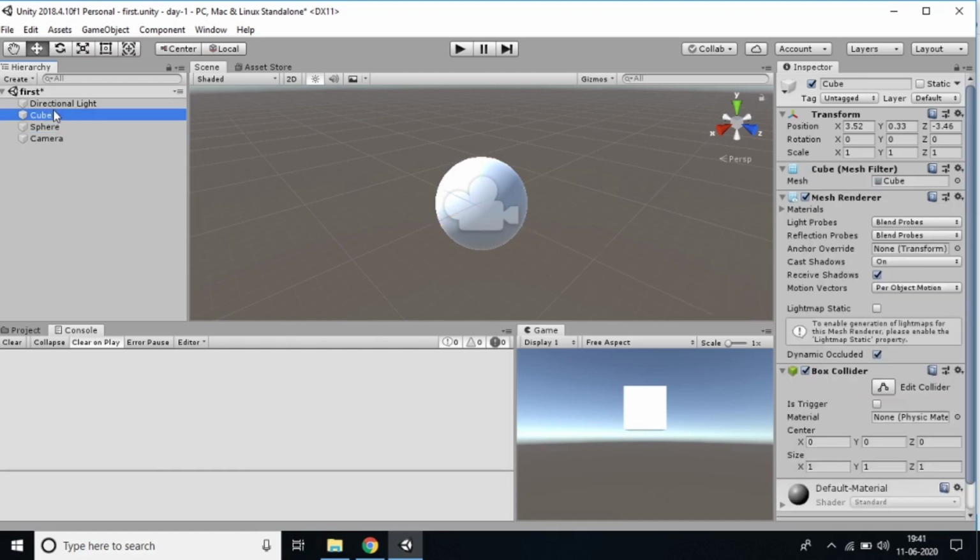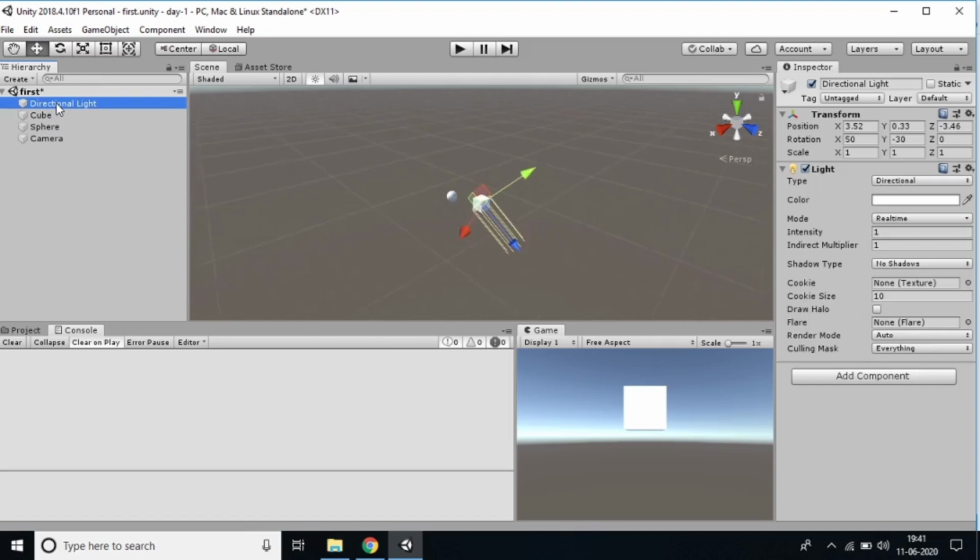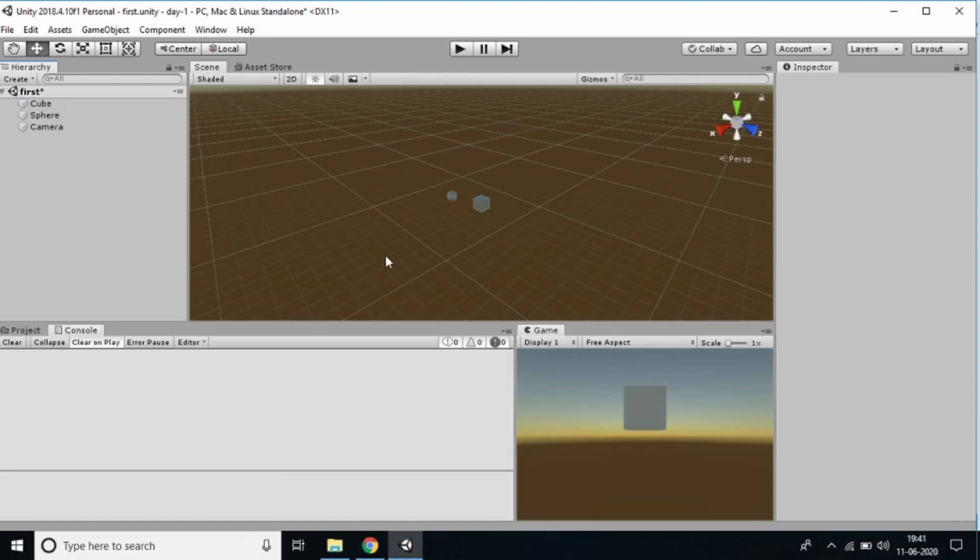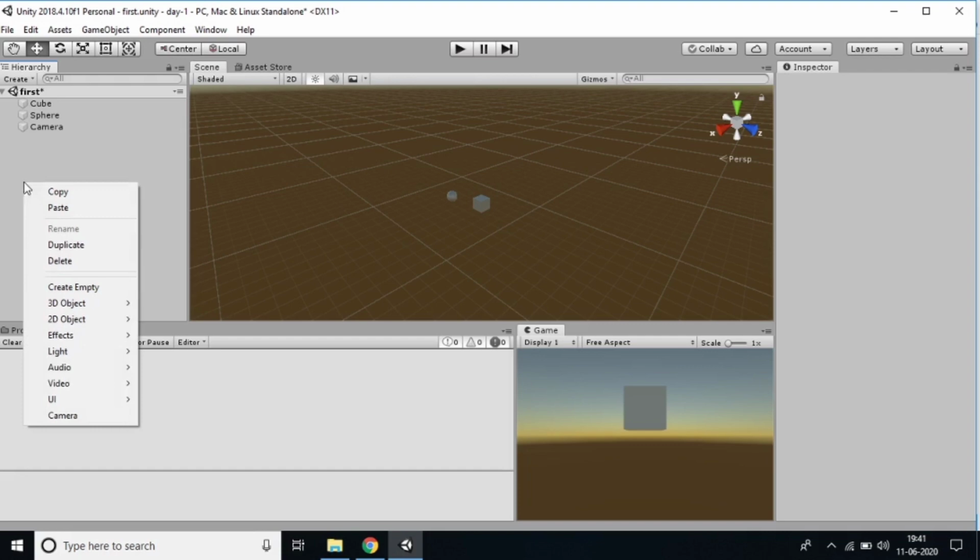And coming to the directional light, it's a default. Why did Unity give it as a default? Because the directional light gives the lighting to the game. If I delete the directional light, you can see the output, everything is dark. Some games are dark, so they are not using the light. They'll use a spotlight; there are different types of light. Directional light moves in a direction, and coming to point light, at a certain point only it can reach. And with the spotlight, like in the games you can see, some spots of light will be there. So you can use whatever we want.